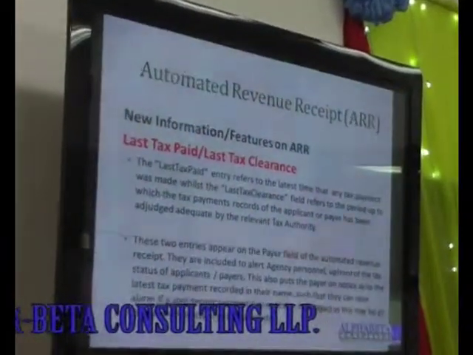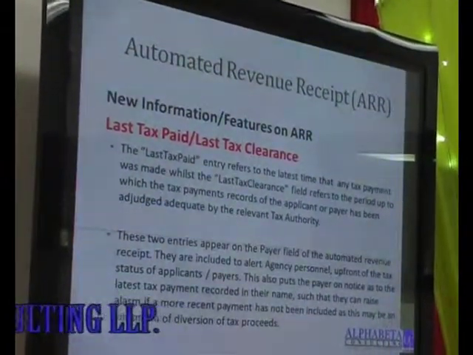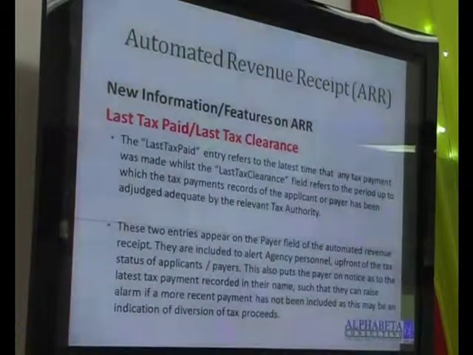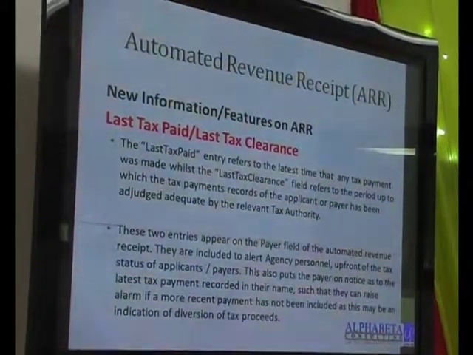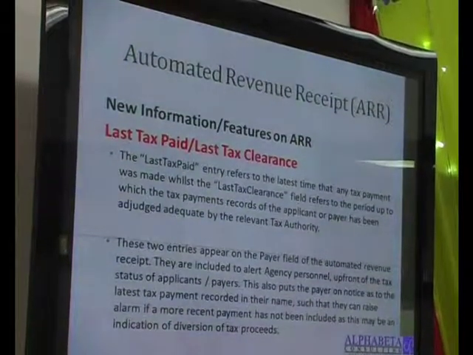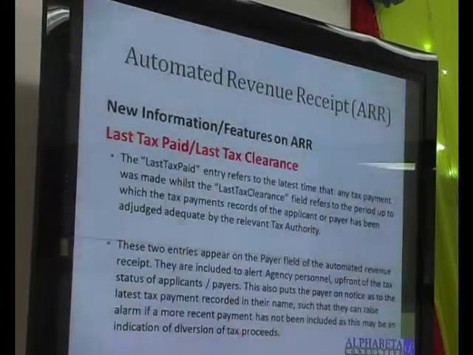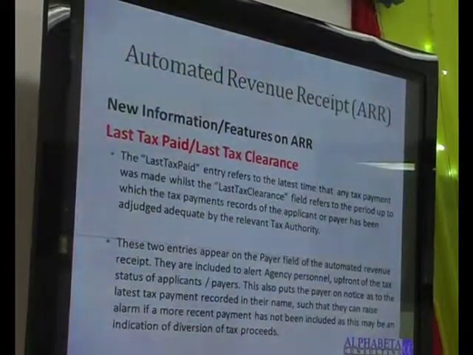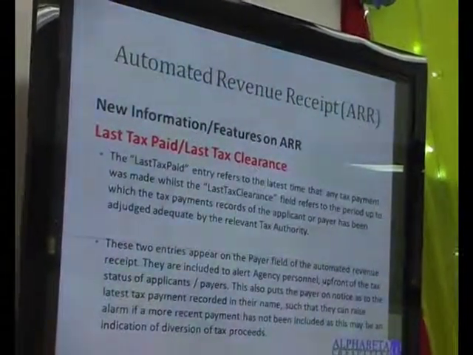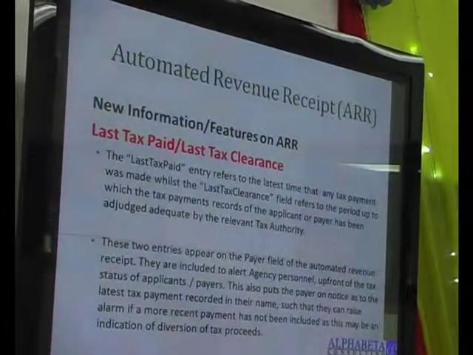In the new feature, on the receipt itself, you have a particular column where you have last tax paid and last tax clearance. And the last tax paid will actually be certified by